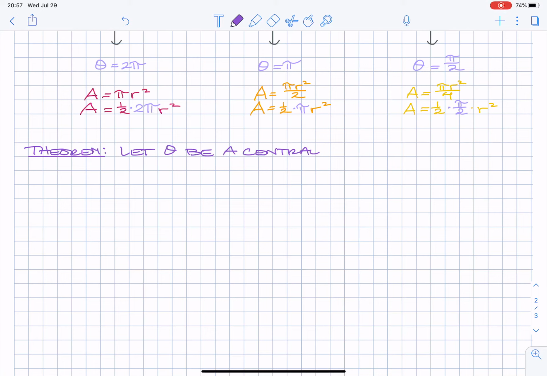Be a central angle given in radians, on a circle of radius r. Then the area of a sector,